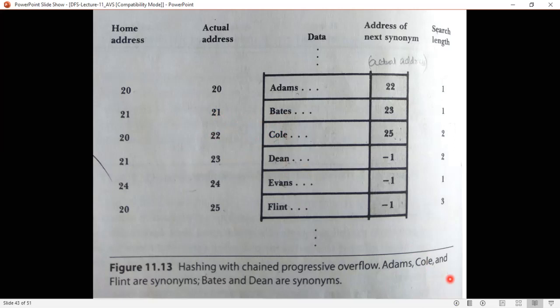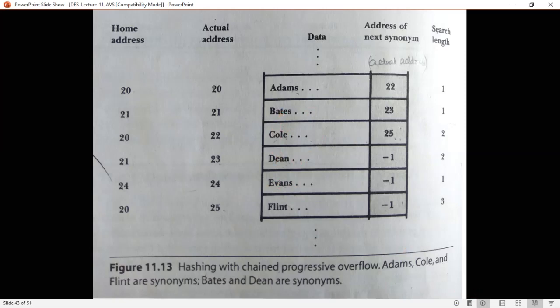Or say if the home address of Dean is 22, then this Cole you can place somewhere else where it is free, and you could have placed Dean here so that you can fetch Dean in one access, right? That is the disadvantage here. Now this Dean is away from the home address.